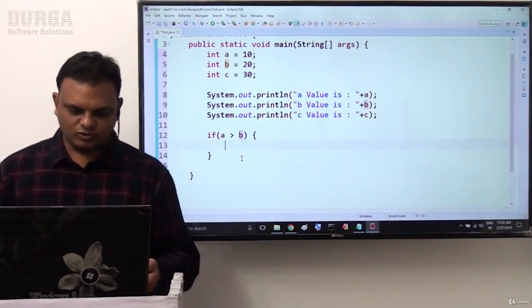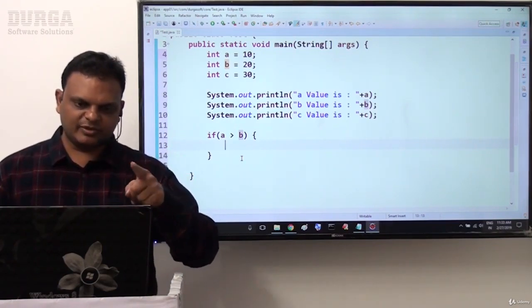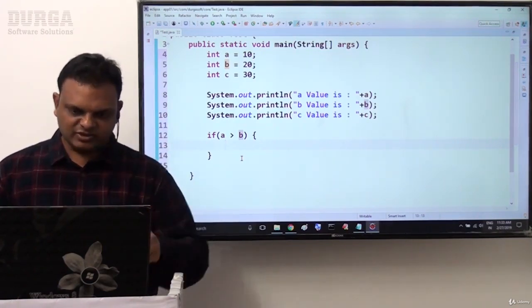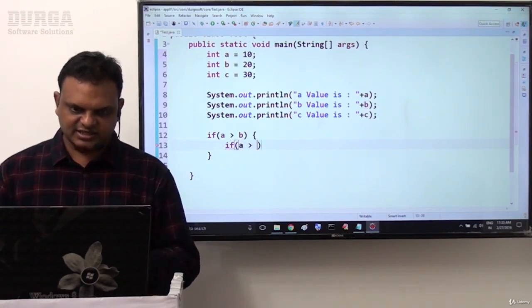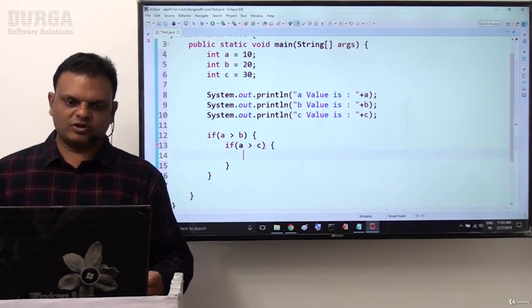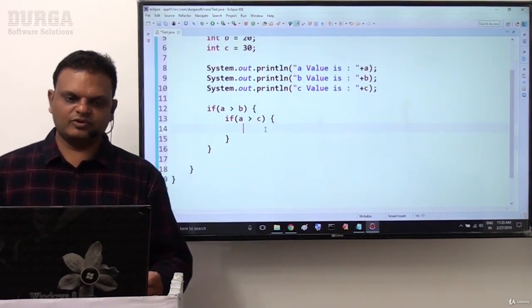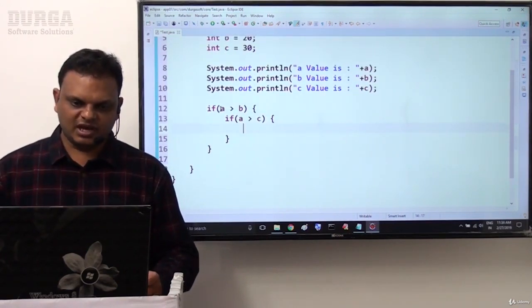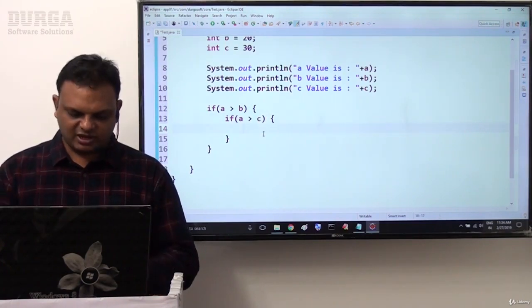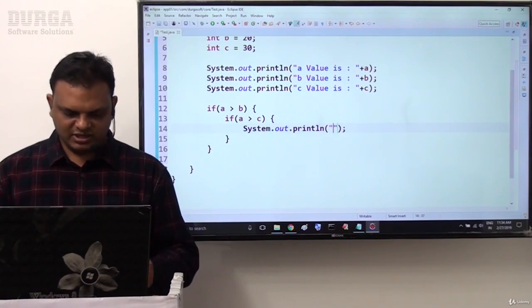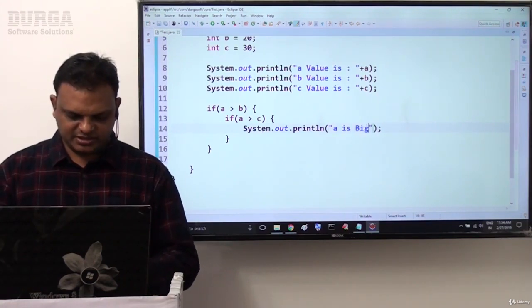That's why in this case, in the a and b comparison, if a is greater than b, now inside this again I will compare: if a greater than c, now here we are able to give a conclusion. If a is already greater than b, and again a is already greater than c, then definitely we can conclude which one here now.